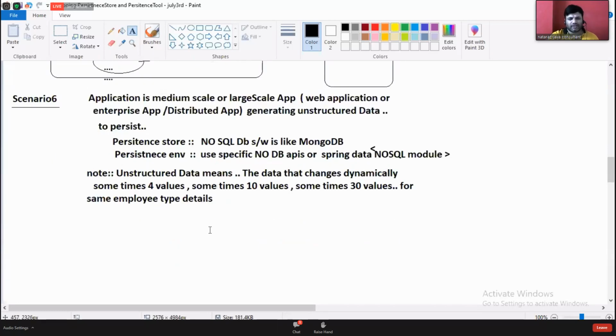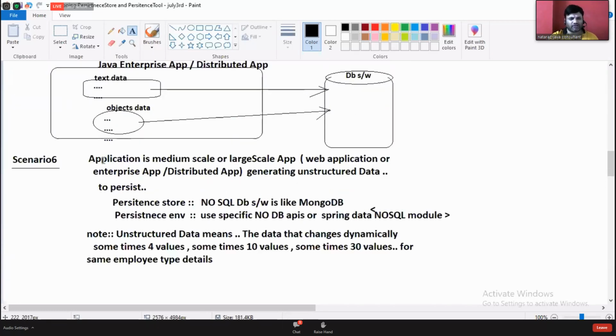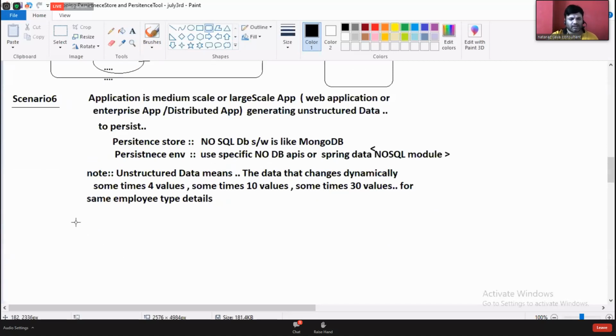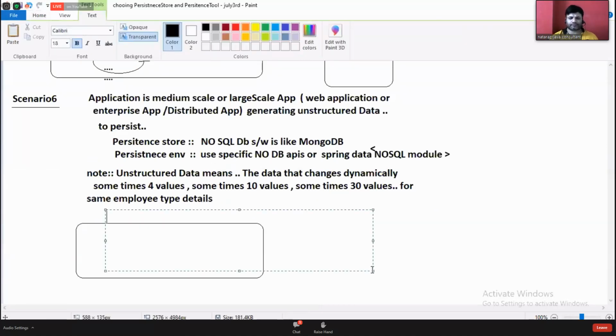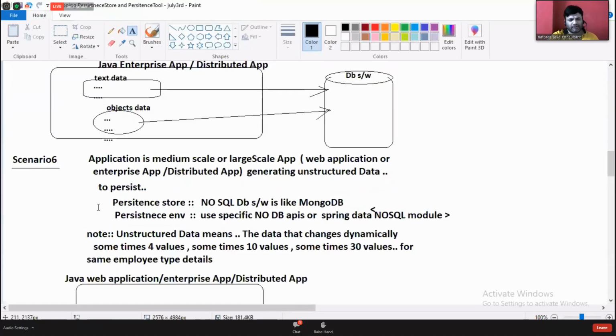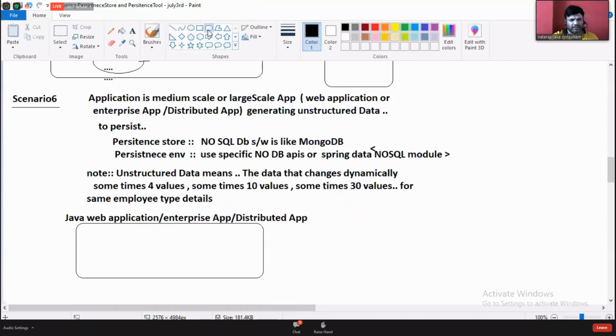Fine, boss. So in that situation, we have to think about going for this environment. What is this? Java web application or enterprise application or distributed application.